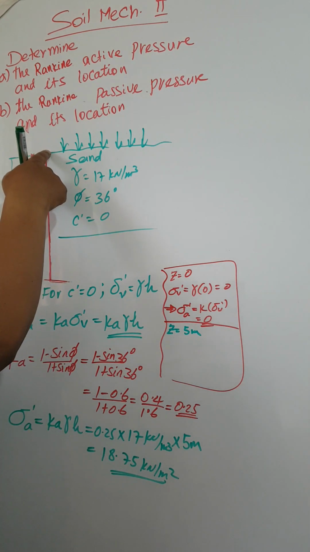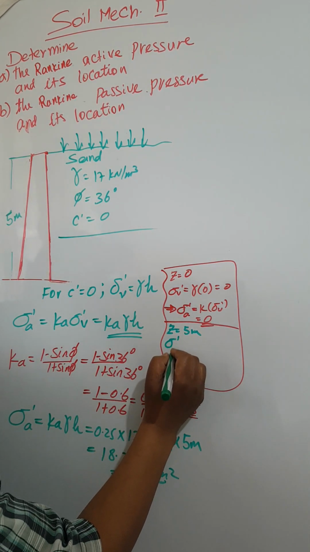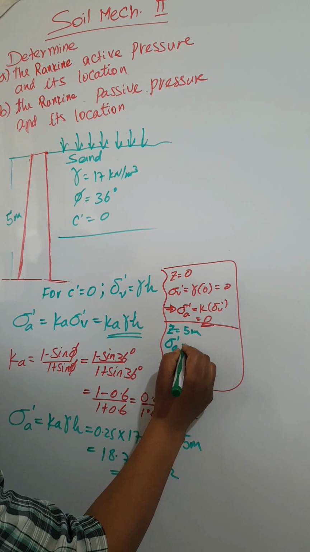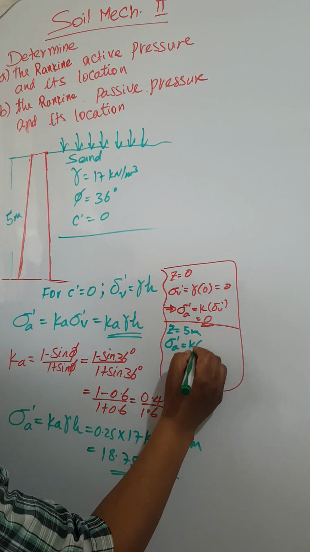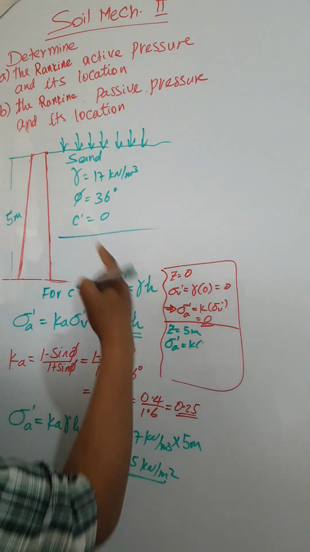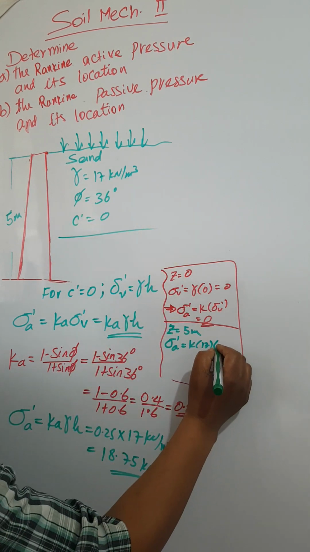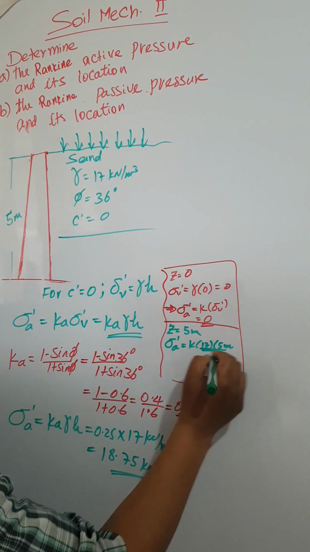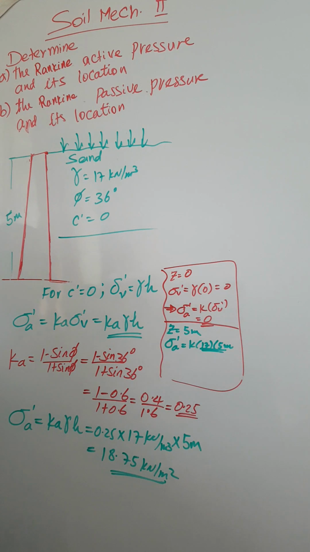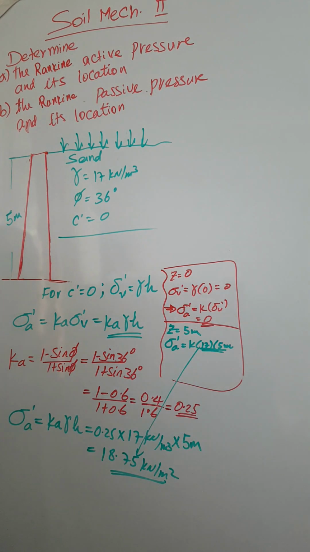Okay, እዚህ ጋር 0 አገኘሁ። When z is equal to 5 ሜትር, then active stress is equal to K times gamma, which is 17 times 5 meter. Okay, ልክ 5 ሜትር ላይ ሃይቱ 5 ሜትር ስለሚሆን ስለዚህ ይሄን አስገብተን ይሄን አገኘን። ኦኬ 80.75 ኪሎ ኒውተን ፐር ሜትር አገኘን።